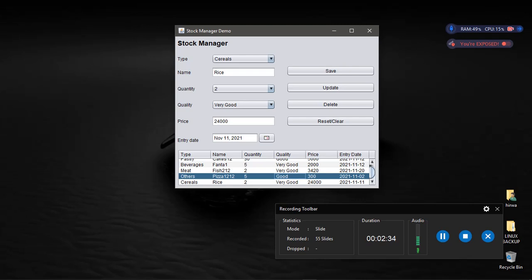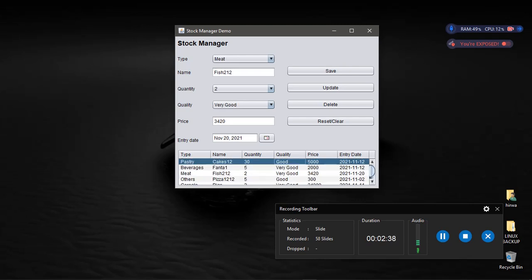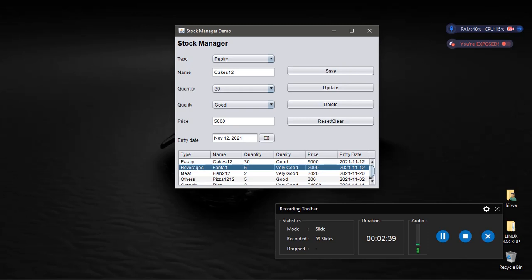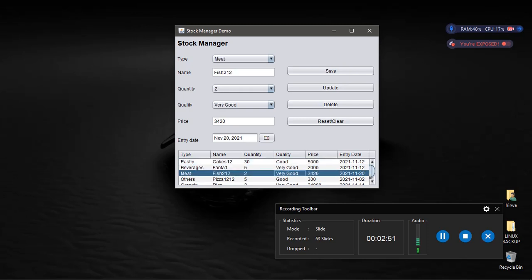the table. So by clicking on a row in the table, the data from the table is selected and put back in the input fields. Then from there, you can modify whatever you want. For example, if I want to change from 2 to 5 in the quantity of this type of meat, where the name is fish 212, if I want to change the quantity from 2 to 5,